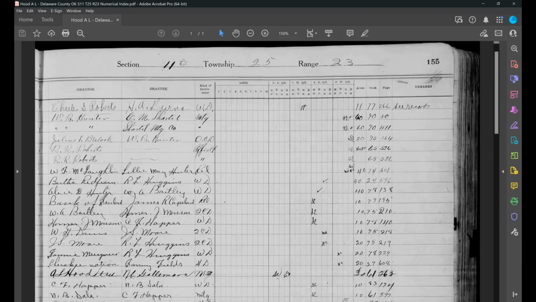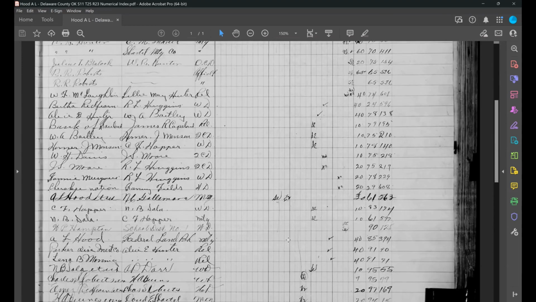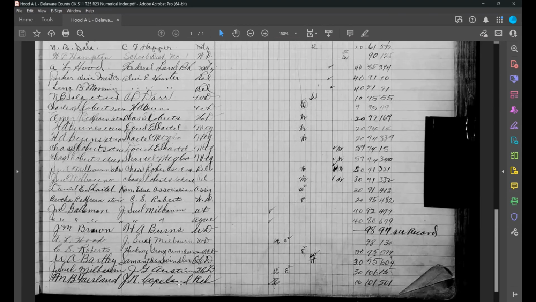And it was a much faster way for me, instead of looking through every book, through all the indexes for A.L. Hood. If I knew the legal description, I could chase it down on this and see each transaction that happened with that property. Does that make sense? Yeah, that's interesting.